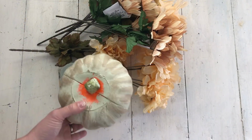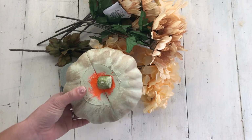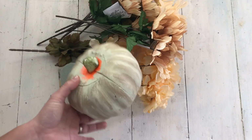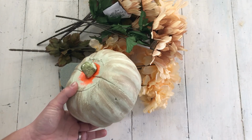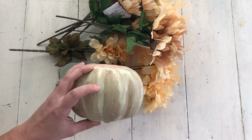All right, so for this, I'm using another Dollar Tree carvable pumpkin, and I already went ahead and painted it with some green chalk paint. I just actually mixed two colors together. It was a cream color and a green color, and then I got a lighter green out of that,